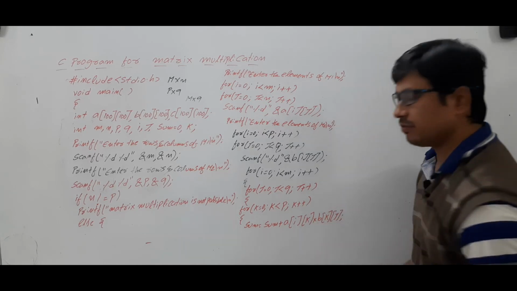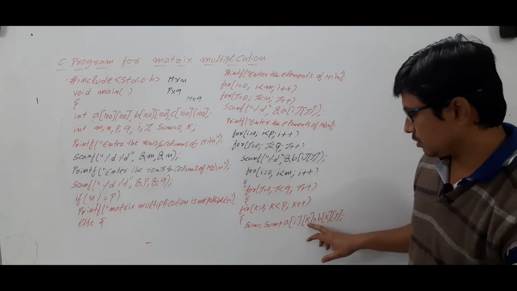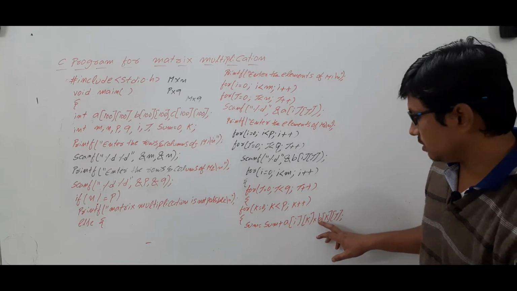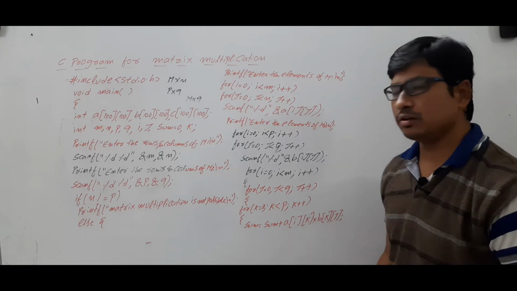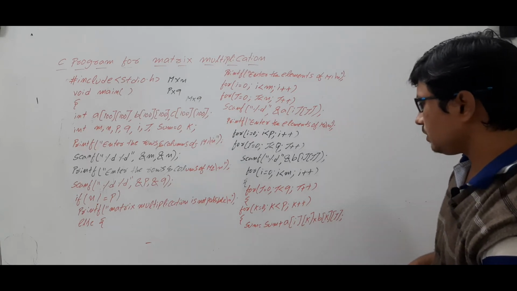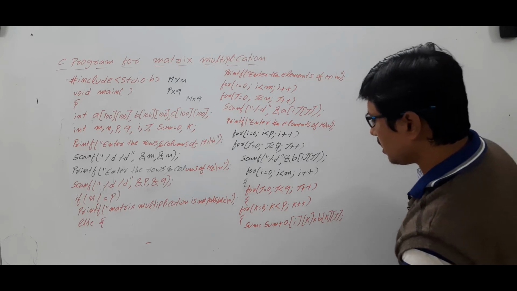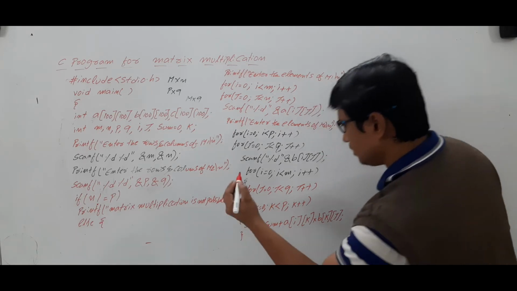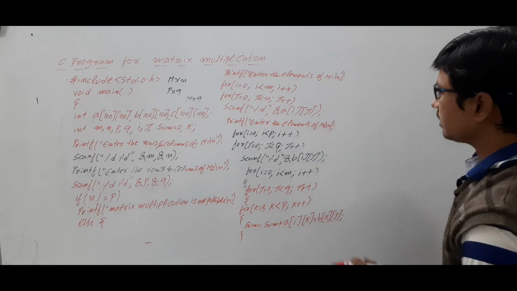This you need to perform. Is it clear? The matrix A, ith row, kth column should be multiplied with the matrix B, kth row and jth column. Is it clear? Are you able to understand it or not? After doing that one, what you need to do? After doing this one, you will close this one and you will write